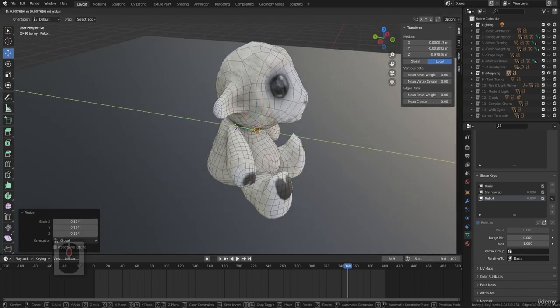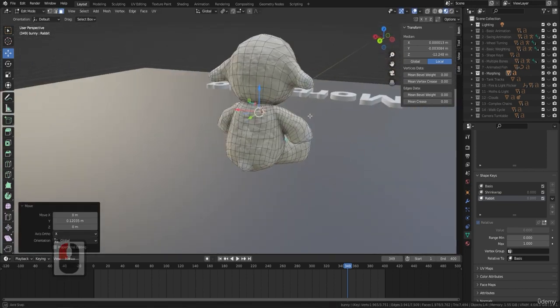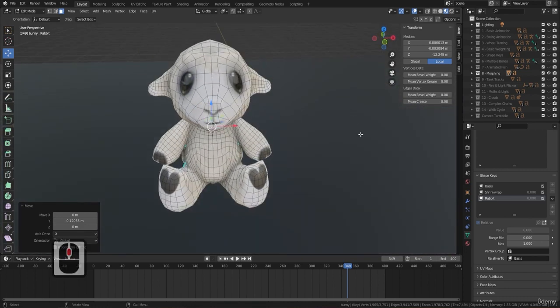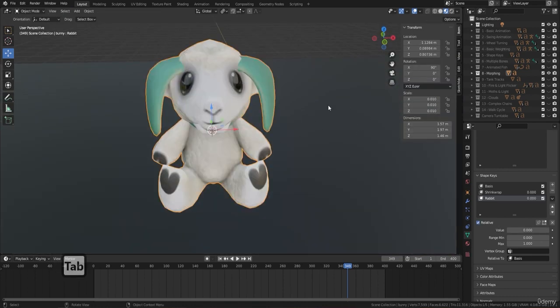I'm also going to pull him back a little bit so he's really in there and we can't see him at all. Then I'm going to press tab, and you'll see he actually appears. The moment I put this up, you'll see he disappears and reappears like so. Okay, so